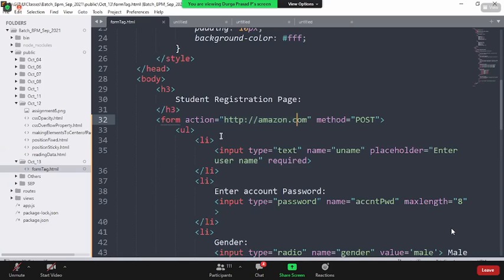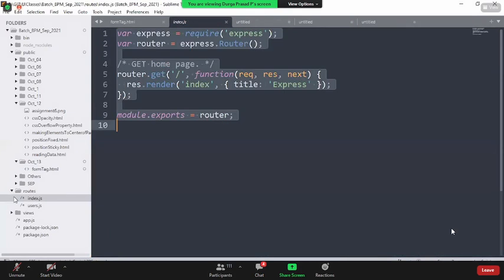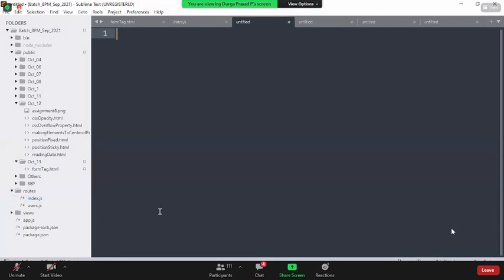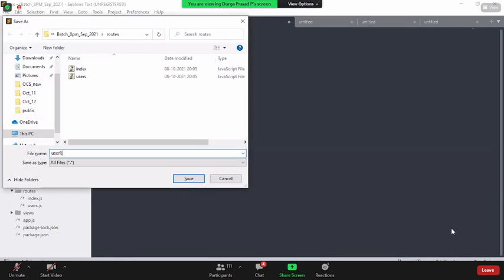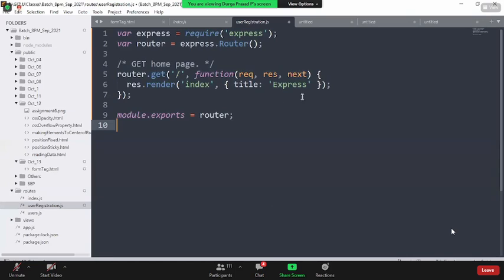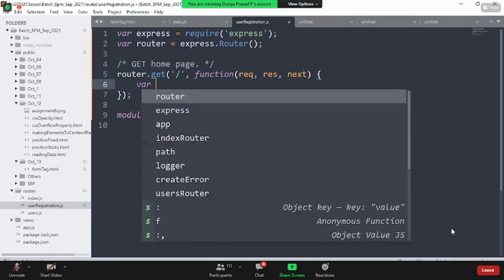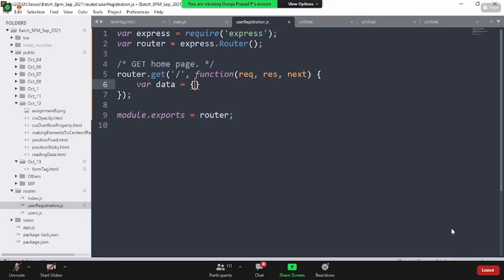Say, for example, I'm the backend for you guys. I will create a web service. Don't get confused here. I'm creating a web service here, new file, user. I'm using Node.js. These are all things we are going to see when we read Node.js; at that time I'm going to talk much more about this. I say var data is equal to some message.